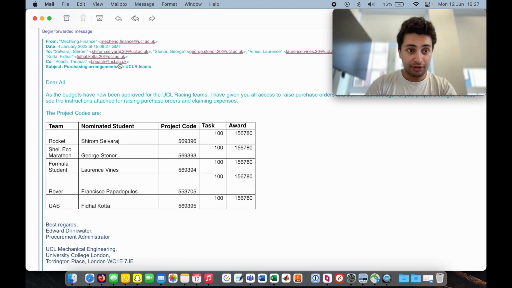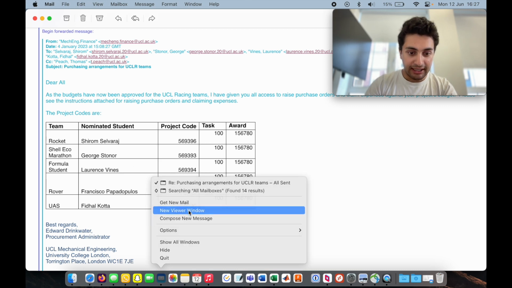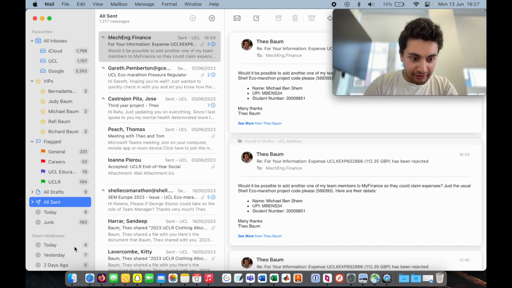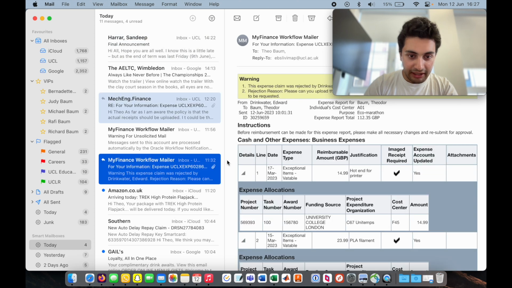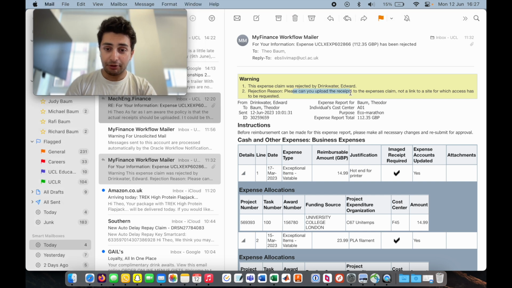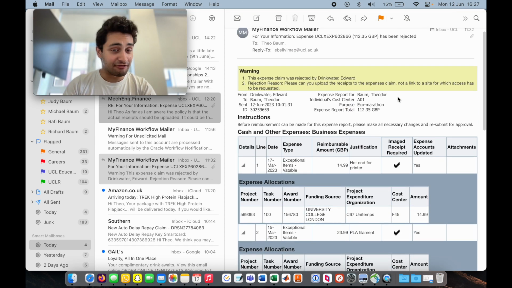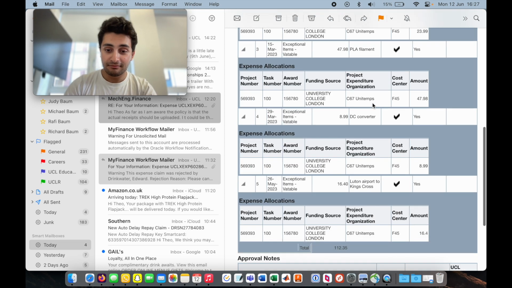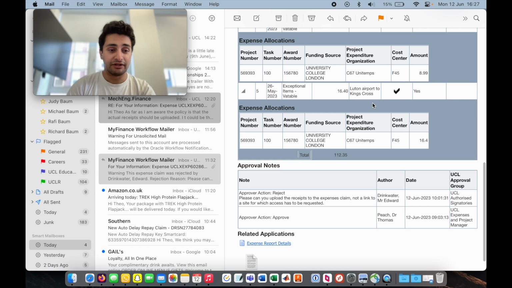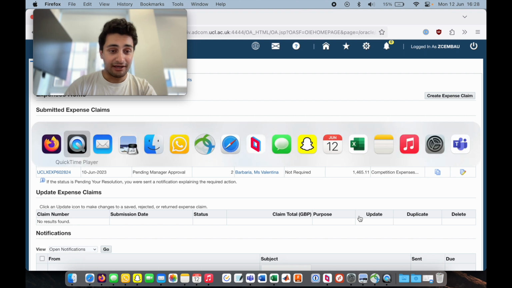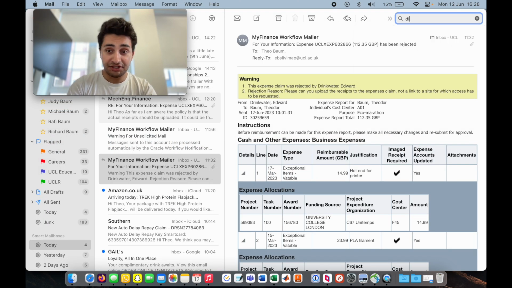If you've got a problem with your expense claim, which I'll show you, let's have a look. So today I was told my expense claim had been rejected because he wanted me to upload the receipts in a different format to what I did. I corrected that, sent it off, and then got a notification that Edward had approved it. So yeah, fairly simple. You'll be notified whenever anything needs amending. And that's about it. Soon enough, you'll get your money back, and then the final confirmation,